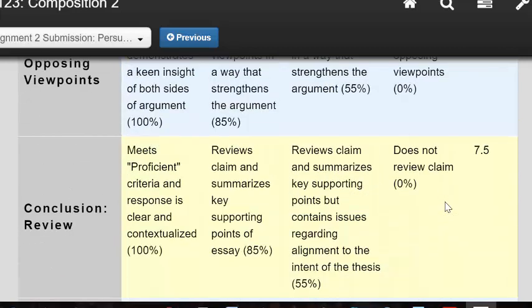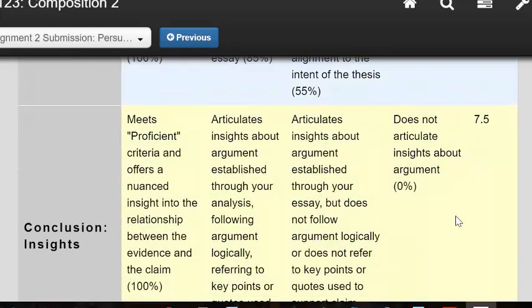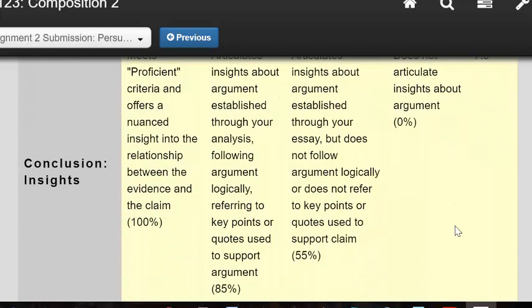Finally, we come to 2 areas of the conclusion. The first, we look at the conclusion to see if you've summarized the key points. Have you summarized what you've told us clearly? Next, have you offered additional analysis? Have you given us some final thoughts? Have you referred specifically to the key points and perhaps to a quote or an example that was given earlier in the essay? If so, then you have met this